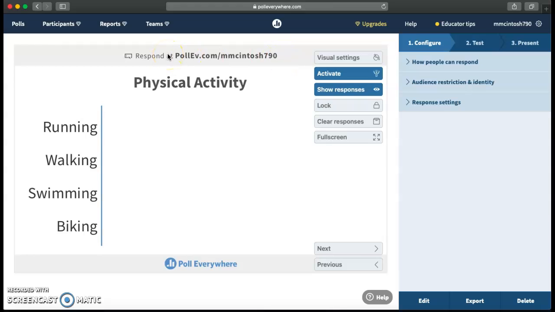Either they can just copy it down, or what I did, again, utilizing the resources my school already had, I uploaded it to their Google Classrooms, so they can just click it and it opens right up for them to take the poll. It worked out nice for me because I just happened to be subbing that day in a 4th grade class, and they had phys ed, so I could go with them to phys ed, and then right upon coming back in, they all got out their school-issued Chromebooks